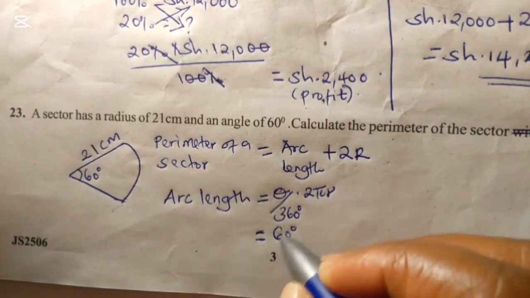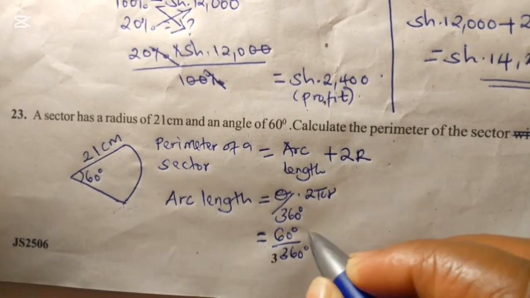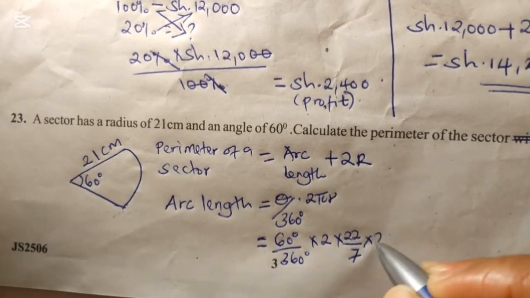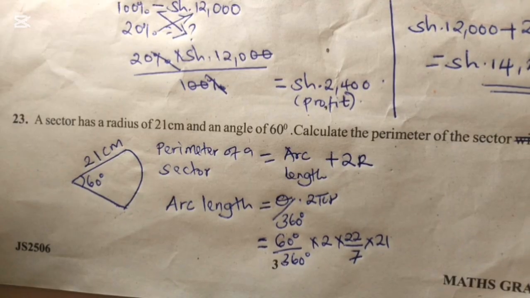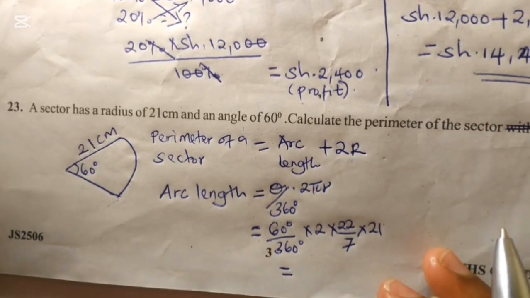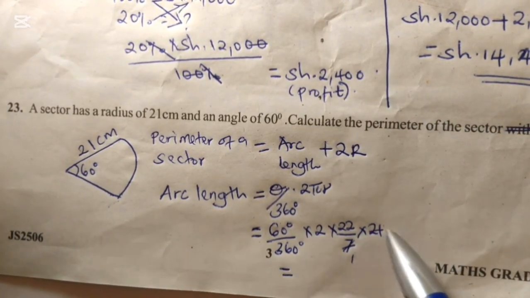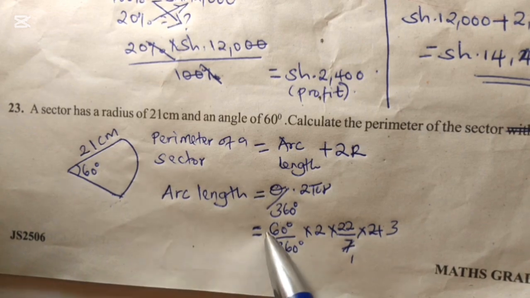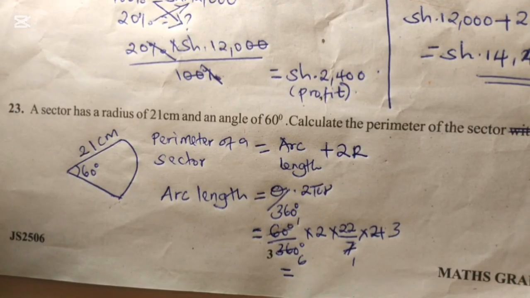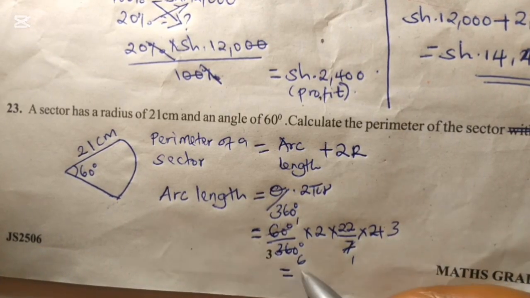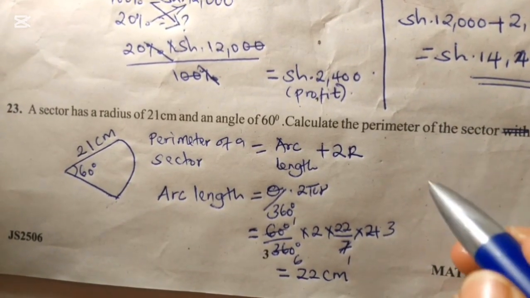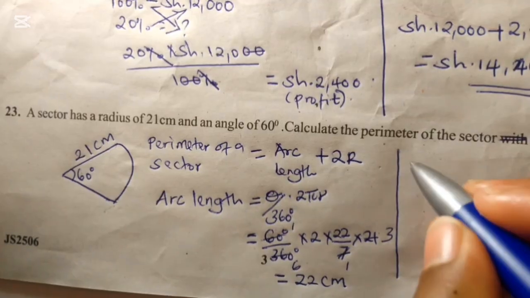Our theta is 60 degrees over 360 degrees times 2 times pi, which is 22 over 7, times the radius, which is 21 centimeters. And this should give us, cancelling that, by 7 1, by 7 3, then by 6 1, 6 6, and cancelling all that should give you 22 centimeters as the arc length,